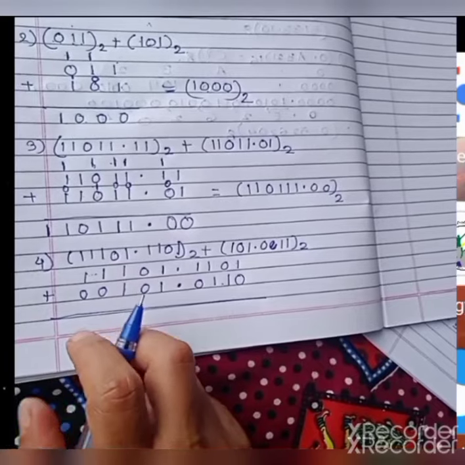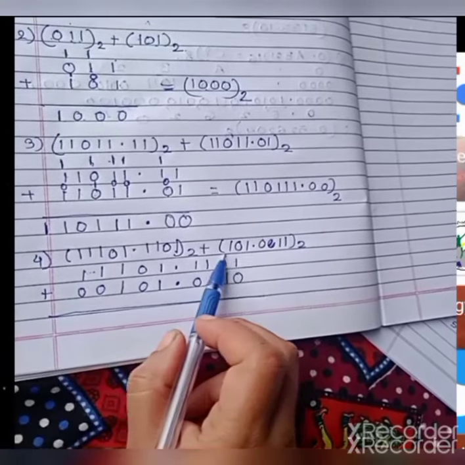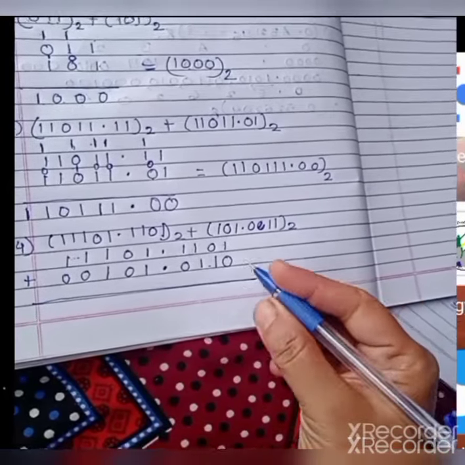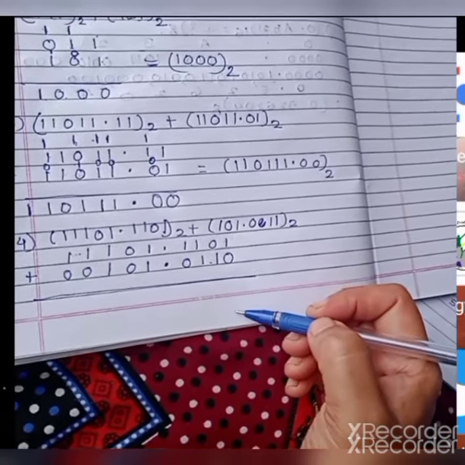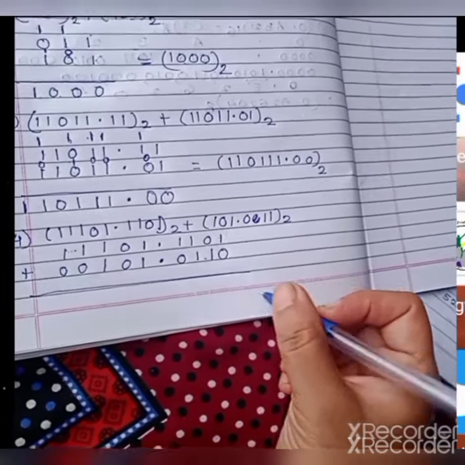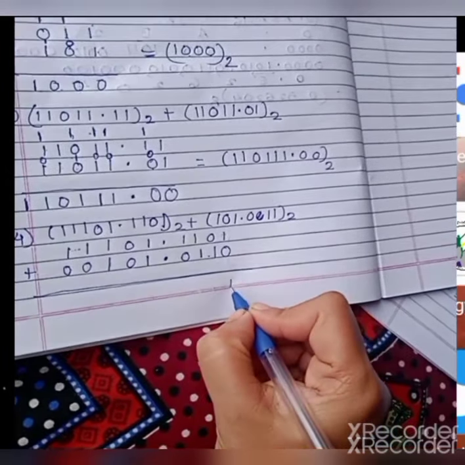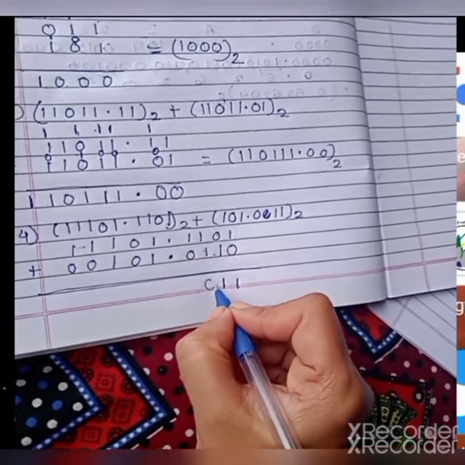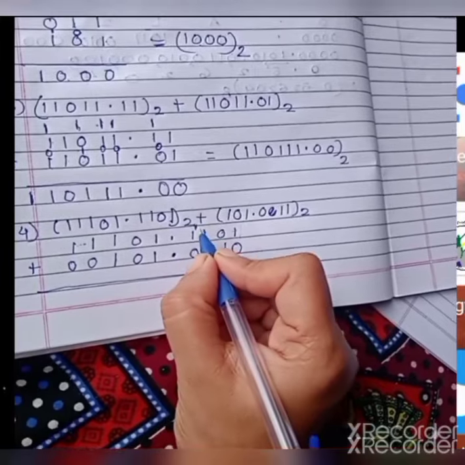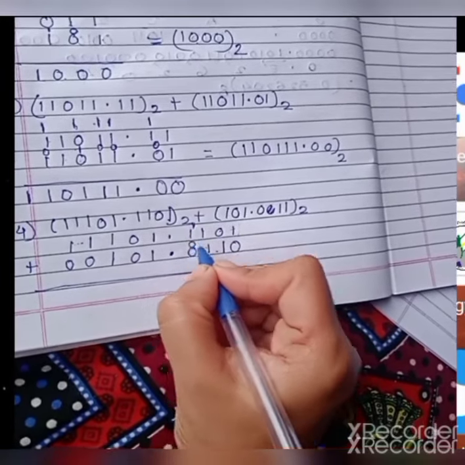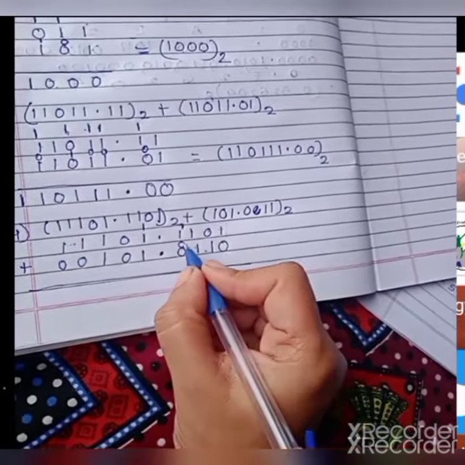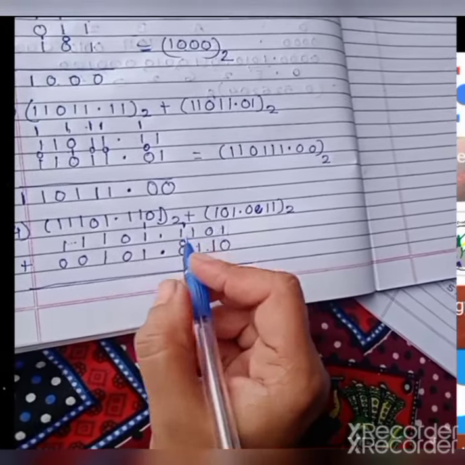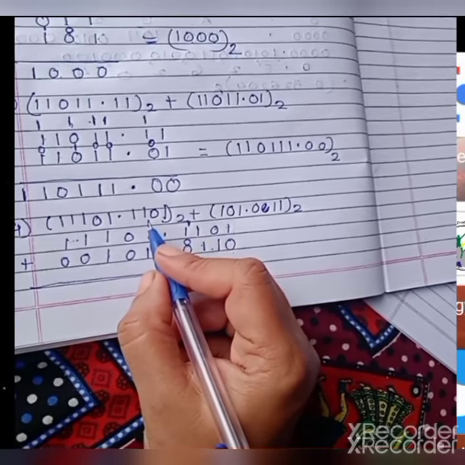Here bit equalization is done. Now the bits in A part and in B part are equal. Now perform the addition. Start performing the addition from this side, means right hand side. 1 plus 0 is 1, 0 plus 1 is 1, 1 plus 1 is 0 but carry 1, 1 plus 1 sum is 0, carry will go here, 0 plus 0 is 0. Keep fractional point in its place only.